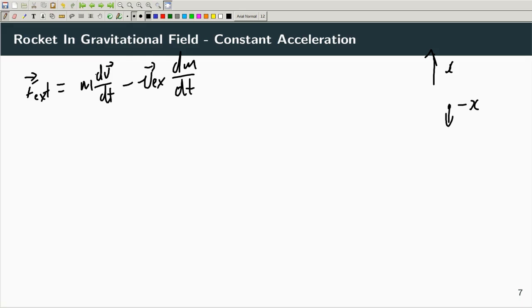So the Earth's gravitational field is interacting with the mass of the rocket, so the external force is equal to the initial mass of the rocket, multiplied by the gravitational acceleration. So write that in there, you sub that in,